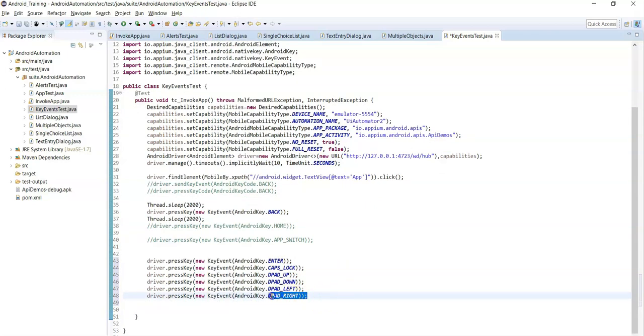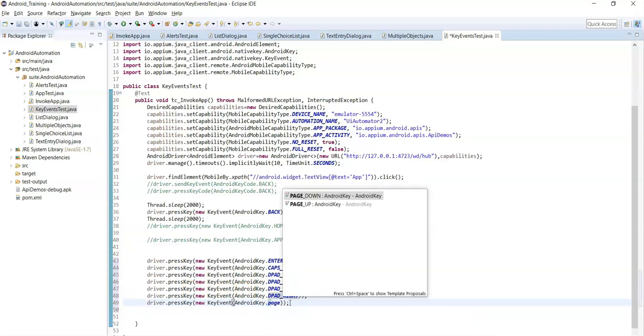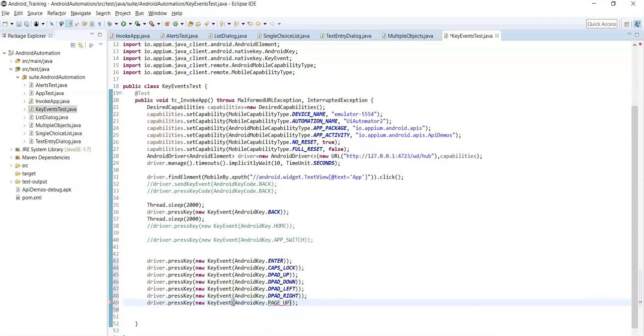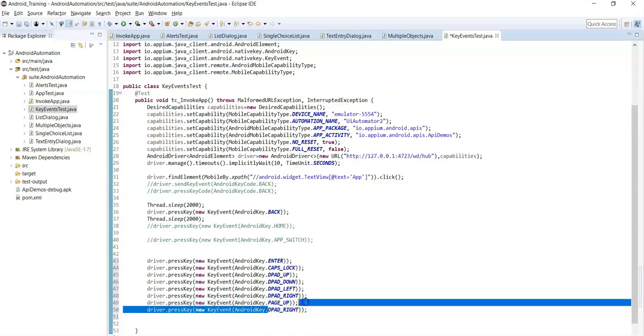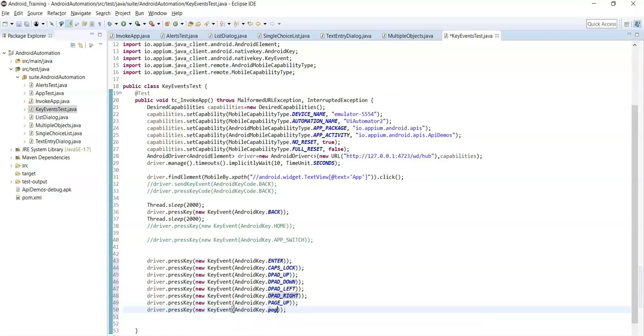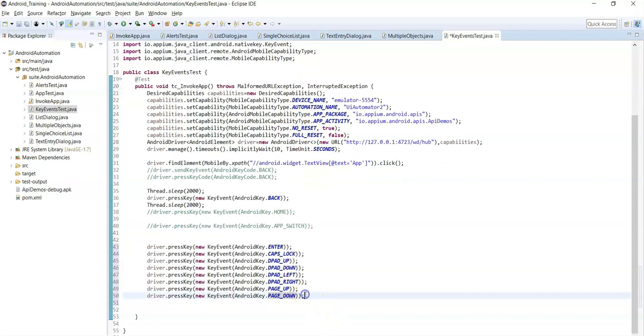Similarly, if you want to simulate page up and page down keys, you can use page up. Also, you can use page down to simulate the page down key. You can use space to simulate the space bar.